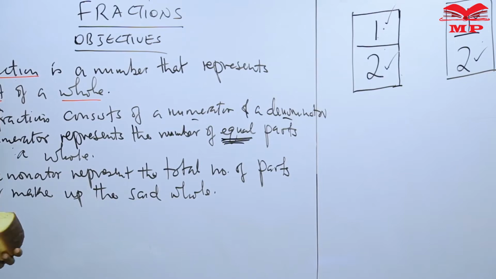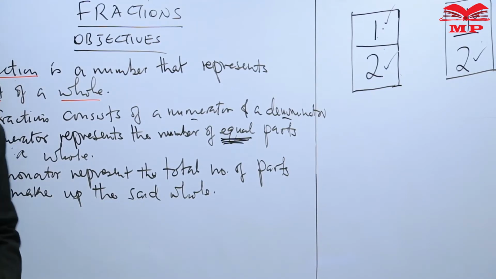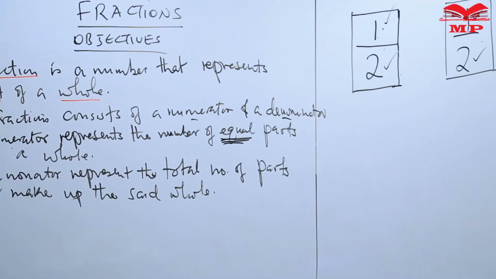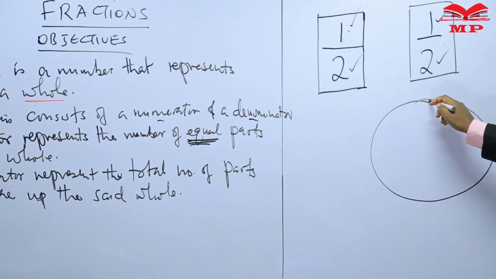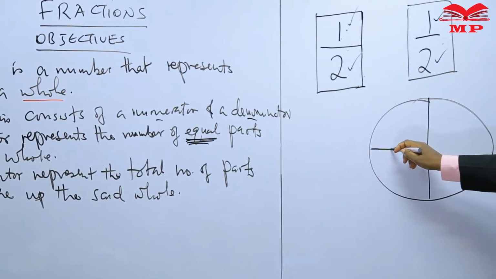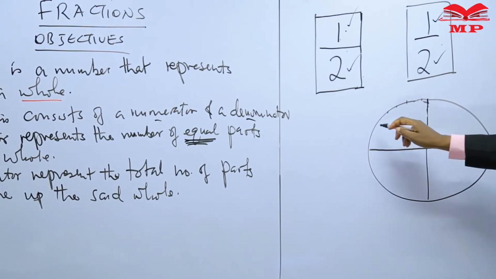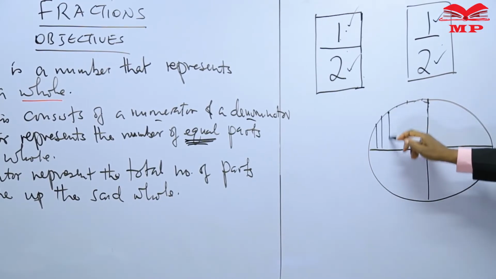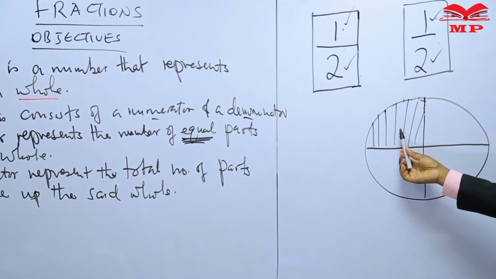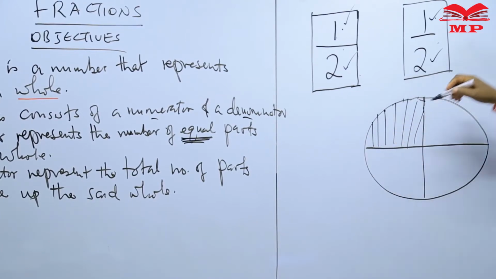And we can take another example, leaving the loaf on the table. We can take another example of, say, a circle. If you have a circle like that one, we may decide to divide this circle into 4 parts. So if you are to shade this one part, these are 4 equal parts. I've shaded one of the parts. So the question here is, what